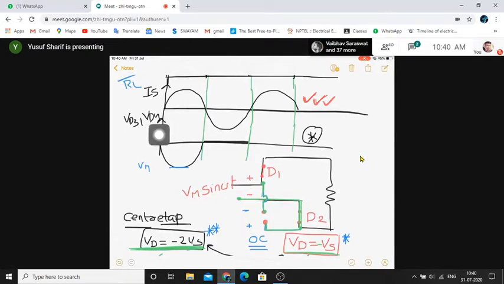And what is the magnitude? The magnitude is Vm, because we have seen that Vd is equivalent to minus Vs. I explained Vd equal to minus Vs, nothing but the voltage across the diode is equivalent to minus Vs. So in the positive half, Vs is on the upper side. When I'm multiplying that with a negative sign, it will come below your x-axis. So here you have that explanation also, Vd equivalent to minus Vs, and accordingly this is the waveform you will be getting.